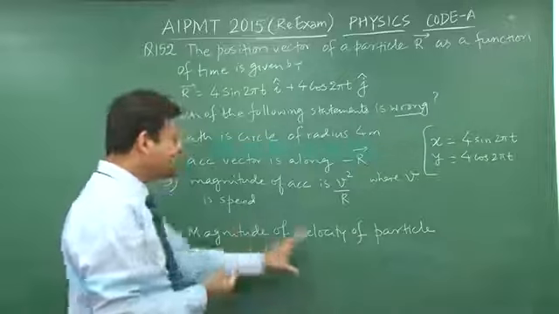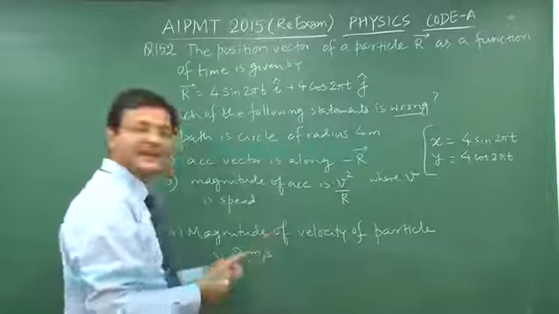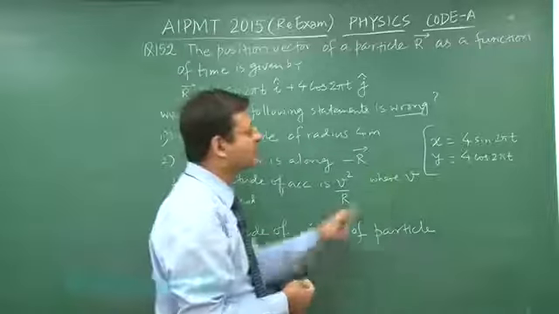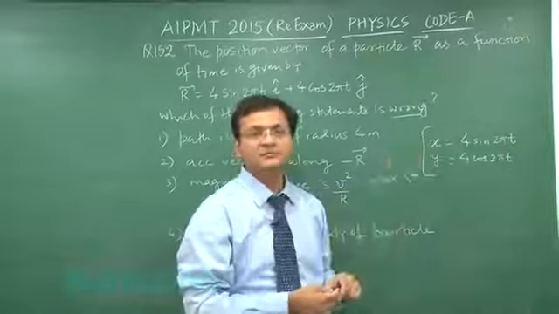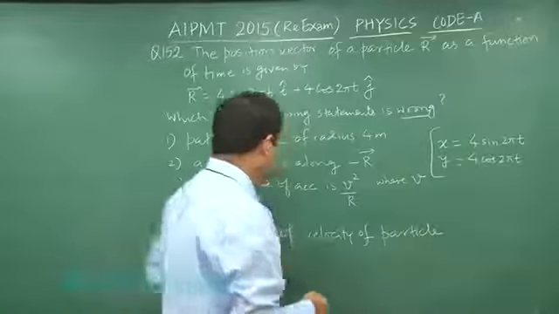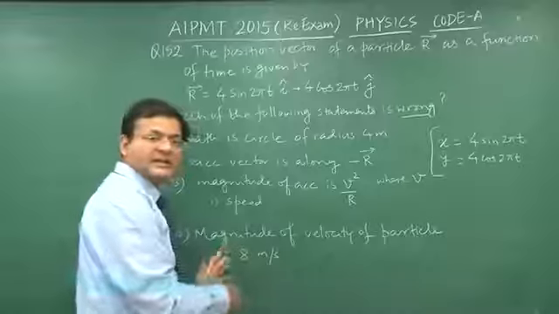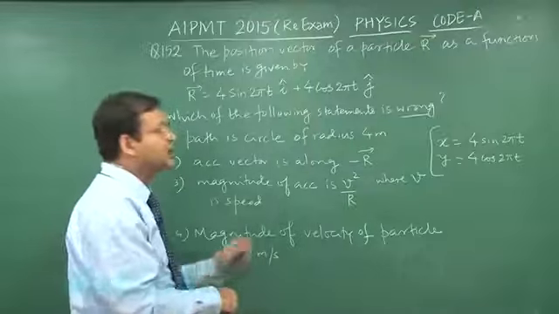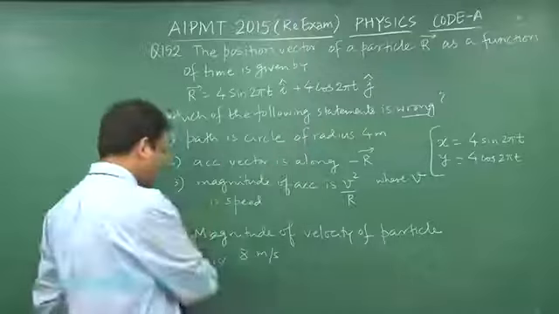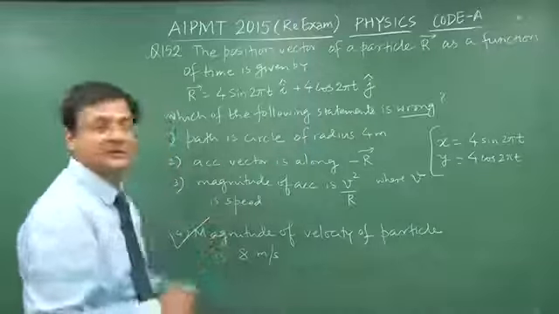But fourth one is saying that magnitude of velocity of the particle is 8 meter per second. This is a wrong statement because once you will differentiate it, you see 8 pi will be coming out. Understand? 8 pi. So this is not saying that thing. So this is the wrong statement, which will be the correct option for our question because they want the wrong statement. So I will be marking answer 4 for this particular question 152.